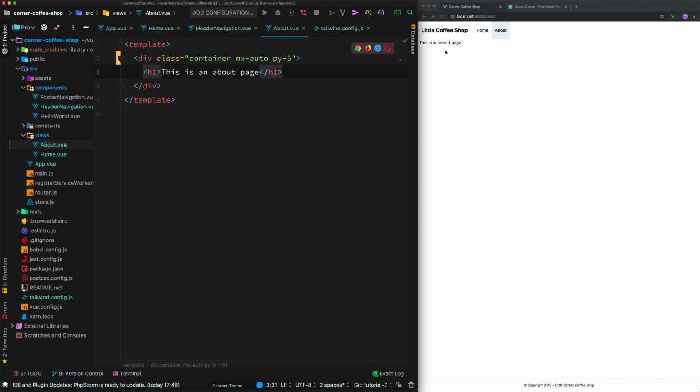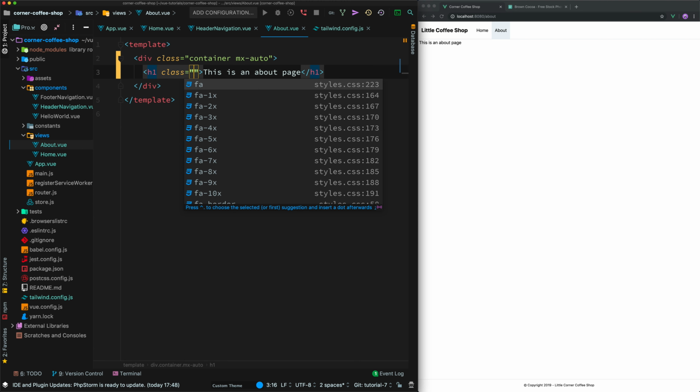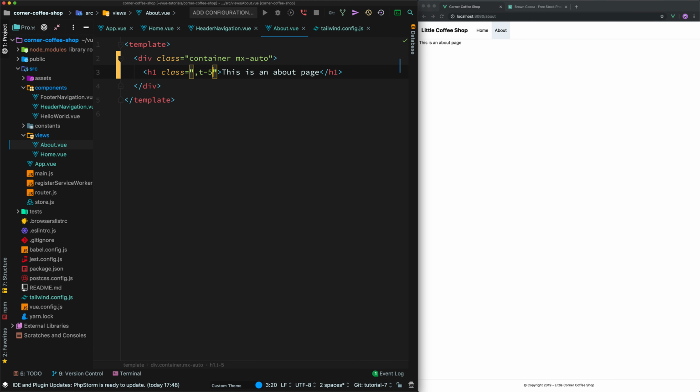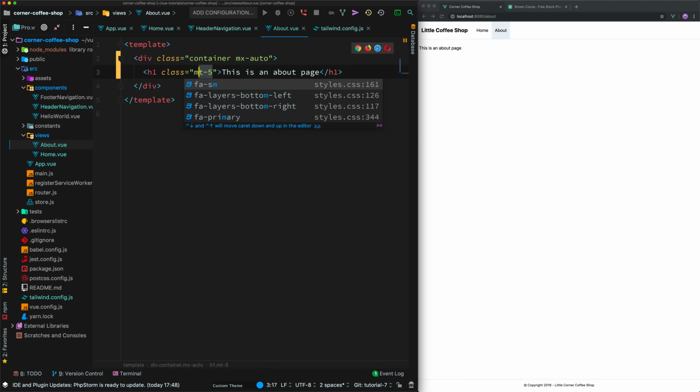In fact, let's not use the padding over there. Let's put it on the title. So I'm going to say mt 5. Oops. There we go. Okay, so now we've got the padding appearing,